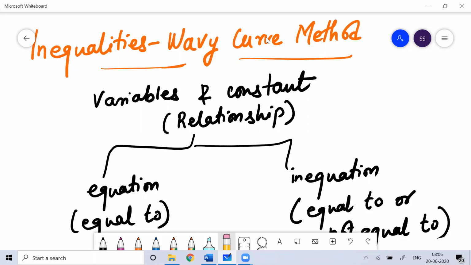Either I get a problem on a simple equation, linear equation, quadratic equation or cubic equation, ultimately what I do is try to make LHS equal to RHS, and I spend my time solving the question. Maybe it's quadratic or cubic, or any polynomial equation. I try by the formula or by the hit and trial method, but ultimately I'm trying to get the answer. And the very thing which helps me get the answer is the sign called equal to.